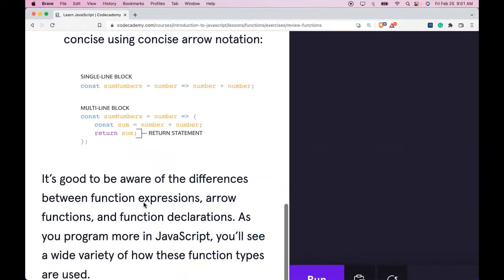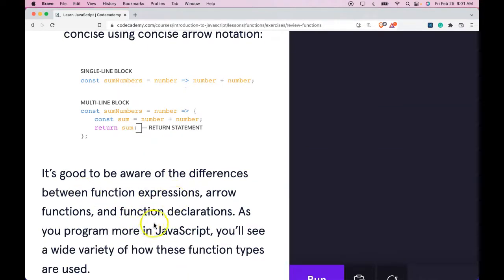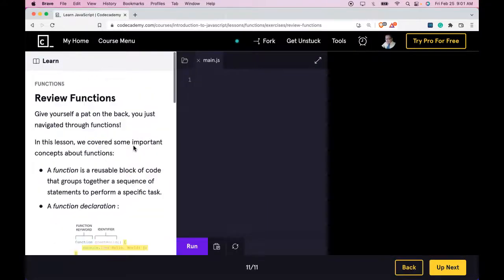So it's good to be aware of the differences between function expressions, arrow functions, and function declarations. As you program more in JavaScript, you'll see a wide variety of how these function types are used. So we went over the different ways of writing functions, defining functions. As long as you're understanding that, you're getting the function section,